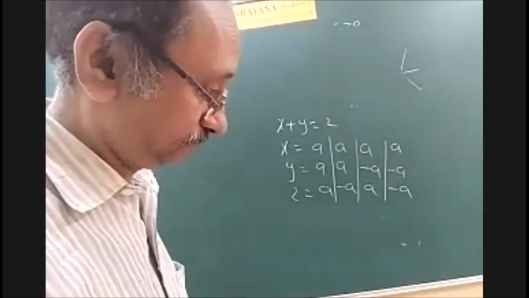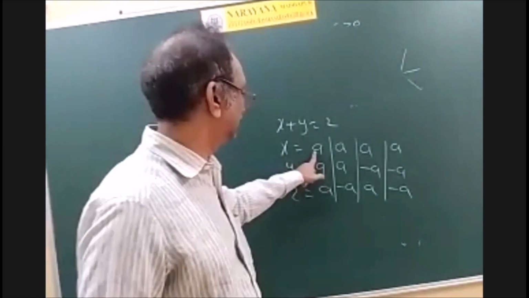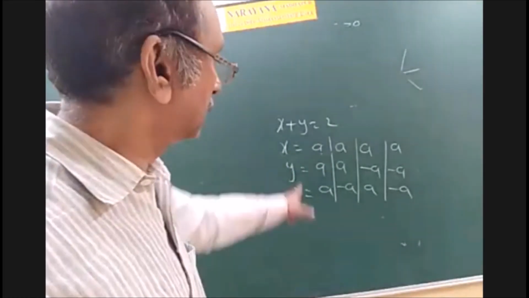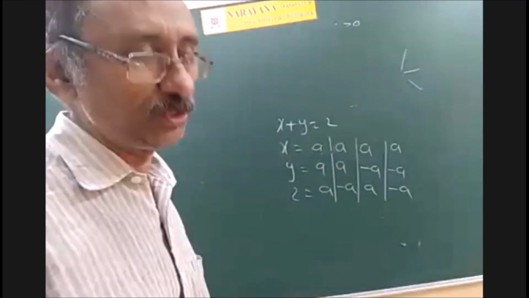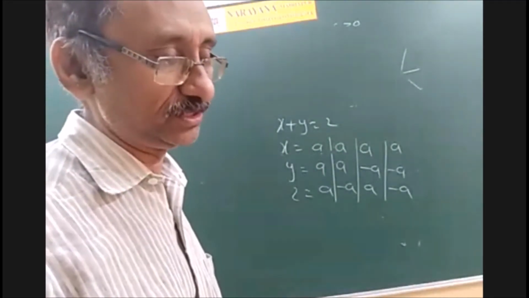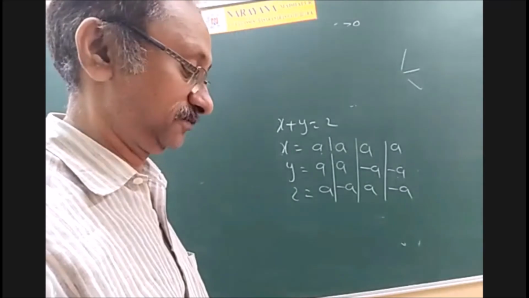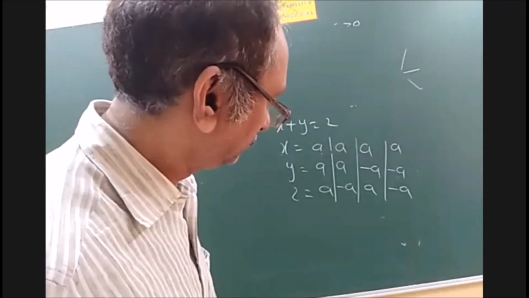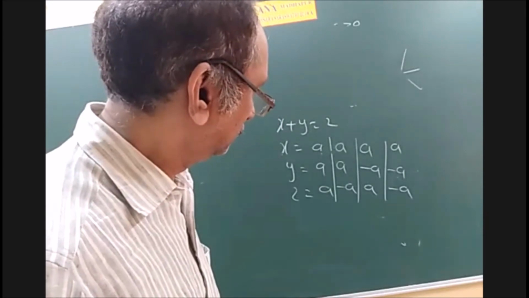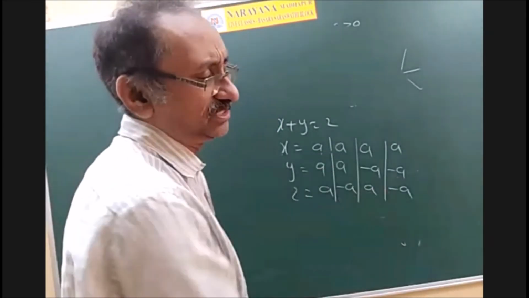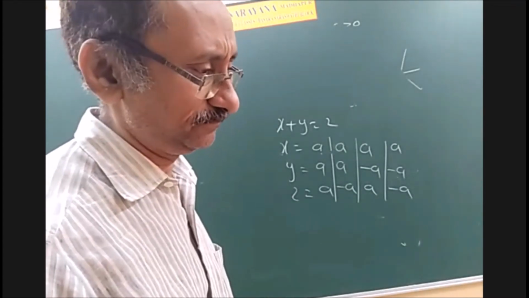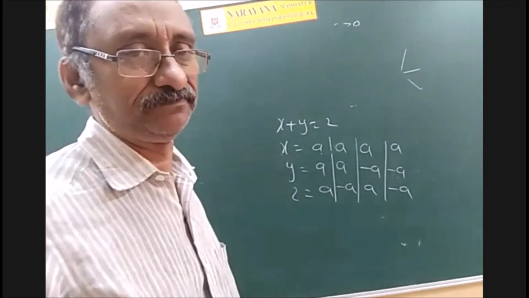Okay? Yes, sir. If you take plus A in place of x, you are getting 4. Similarly, if you take minus A in place of x, again you will get 4. So totally how many solutions? Sir, 8. 8. So then for Z, if we take 4A, again these are the 8 solutions only, but in different order, that's all. Okay, sir. Thank you, sir.